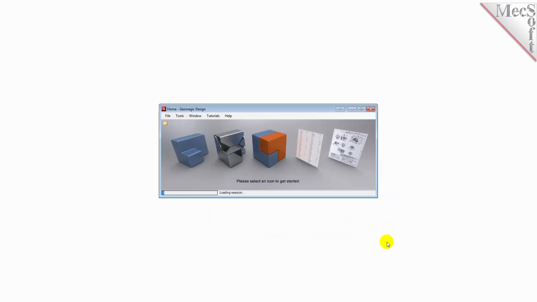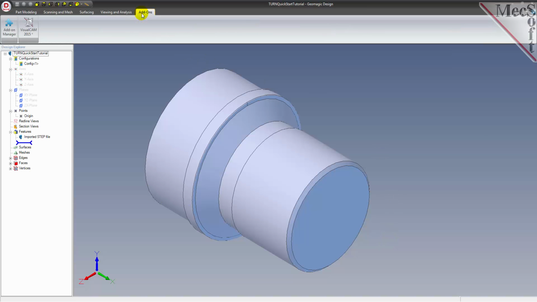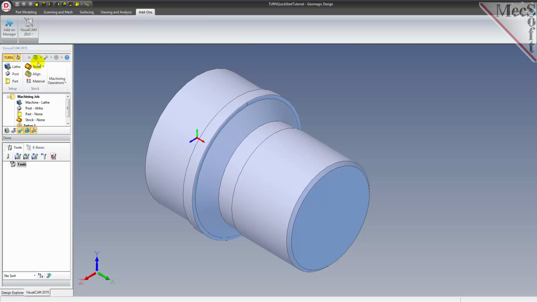To launch the Visual Cam Turn module, select the Add-ons tab in the ribbon bar. You will observe an entry called Visual Cam 2015 on the ribbon bar. Selecting this button will display a drop-down menu from which one of the three machining modules can be chosen. Select the Turn entry and this will create the Visual Cam 2015 dialog bar as a separate tab next to